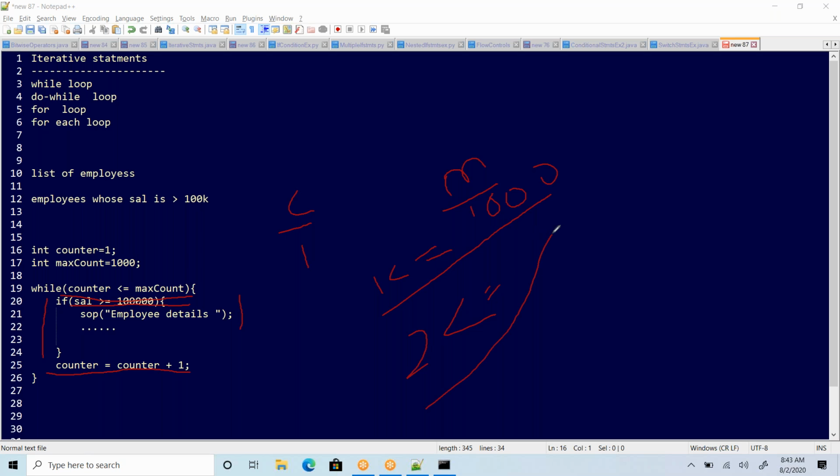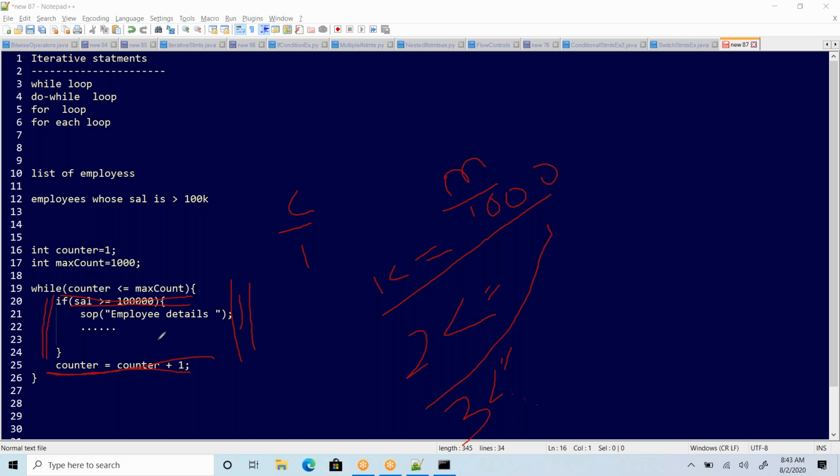Correct or not? 2 less than 1000, yes. So true. Again, it comes into the loop and executes this. Again, the counter is going to increase because I should check the third employee. I have verified the first employee and the second employee. I'm going to check the third employee. 3 less than or equal to what? 1000. So like this, it keeps executing the same logic again